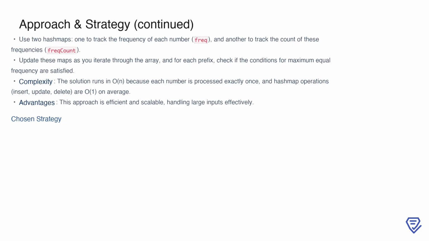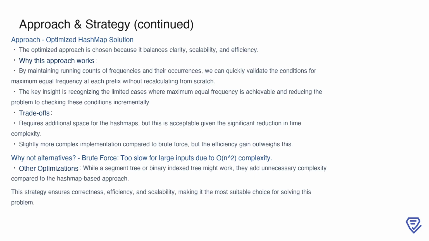By validating these conditions incrementally using the hash maps, we achieve an efficient solution. Since each number is processed only once and hash map operations are average O(1), the overall complexity is O(n). This method is both scalable and computationally efficient, making it well suited for large inputs. The optimized hash map solution is selected as the final strategy because it strikes an ideal balance between clarity, efficiency,